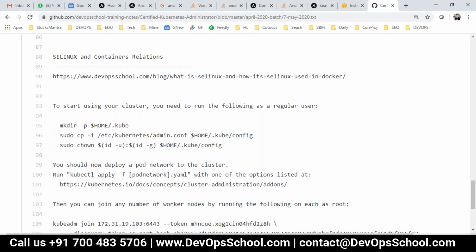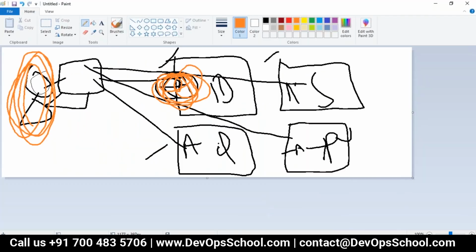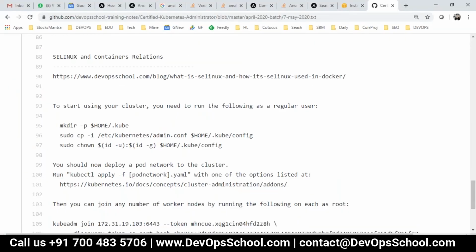Yes, if I have kubectl on one machine for Kubernetes, I have Jenkins on one machine, and Sonar on another machine, so I can directly... Wait. Where are you adding this Jenkins? Why are you adding Jenkins? I added Jenkins because I wanted to tell you that for every tool there is a default user which has super permission.